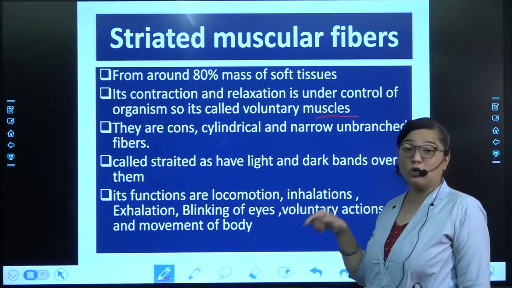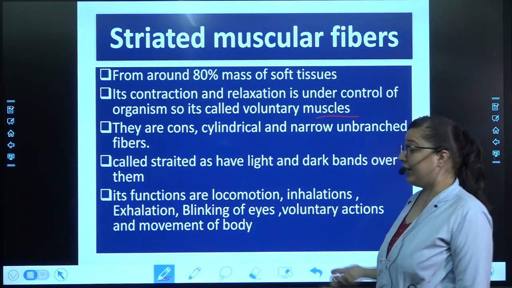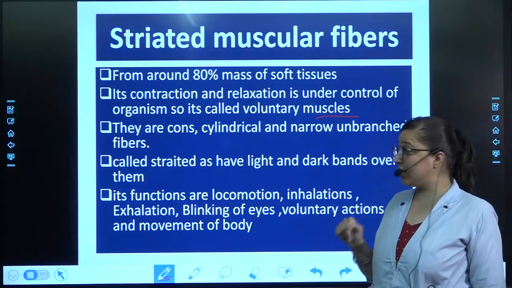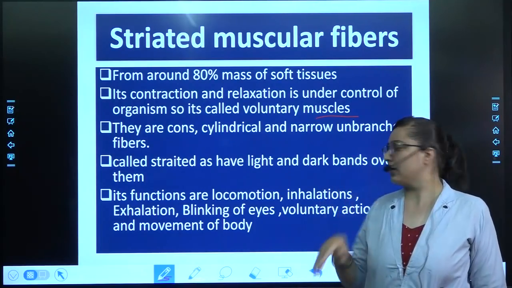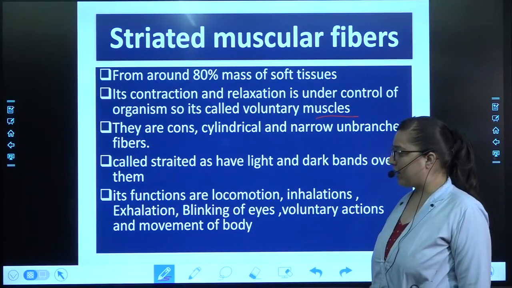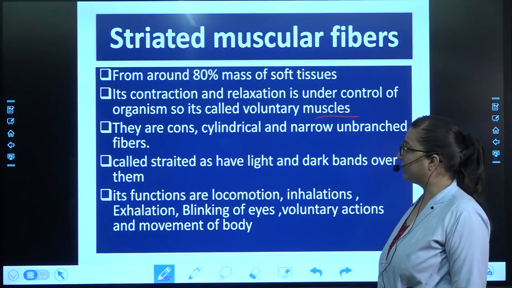Its function is in the locomotion and movement, in inhalation, taking the air inside, exhalation, giving the air outside, the blinking of eyes, and in the voluntary actions and movement of the body. Then next,